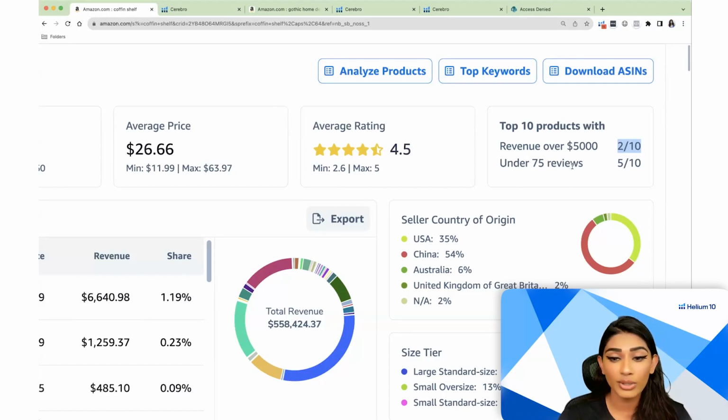This is really great to look at because when you're getting started with a brand new listing, you're going to have how many reviews? 0, right? And so with 0 reviews, you're going to need to be able to stack up to your competition. And so one way to really do that is by taking a look at this and making sure that you are in a market you can compete in.